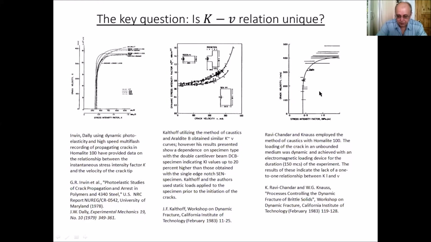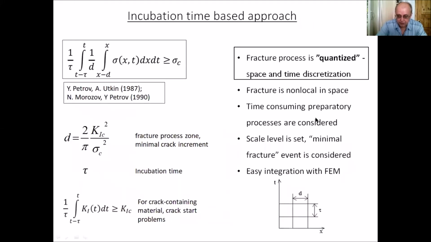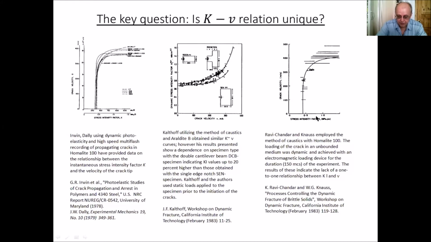Ravich and Arendt-Knaus, for instance, employed the method of caustics with Homalite 100, the same material, and the loading of the crack was extremely dynamic, and it was produced by electromagnetic impact for the duration of 100 microseconds during the experiment, and then